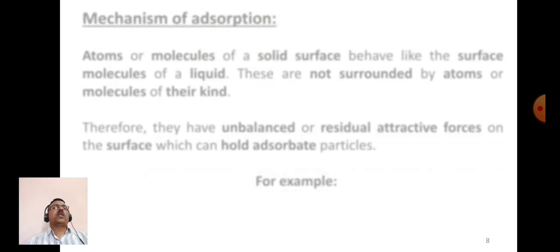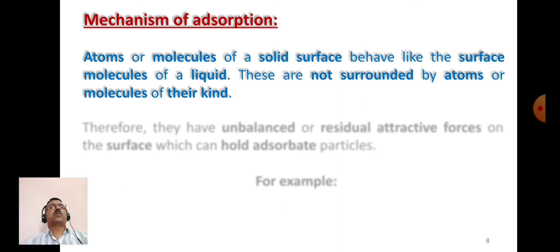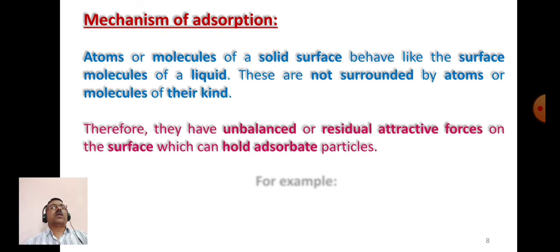Now let us see the mechanism of adsorption. Molecules of a solid surface behave like the molecules of a liquid at the surface. These molecules at the surface are not surrounded by atoms or molecules of their kind, and therefore they have unbalanced, or residual, attractive forces on the surface, and those residual forces can hold adsorbate particles. For example,